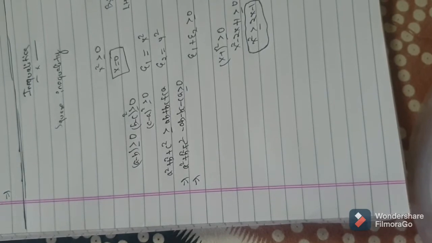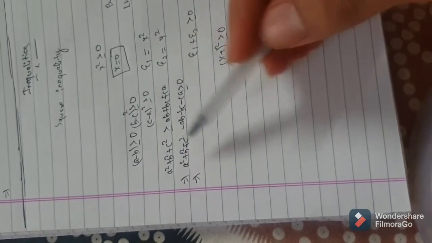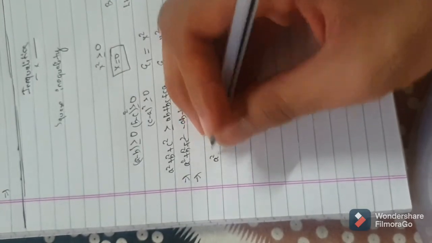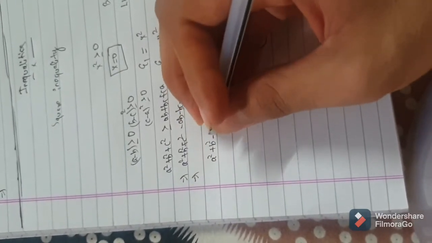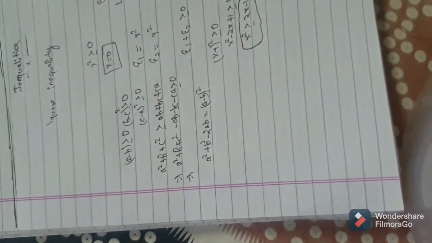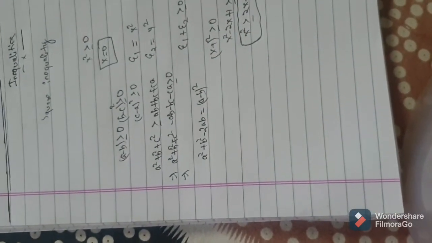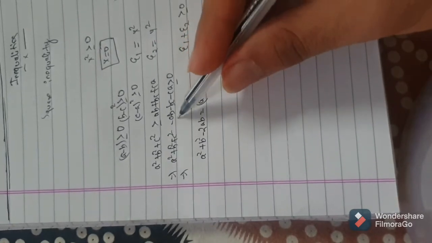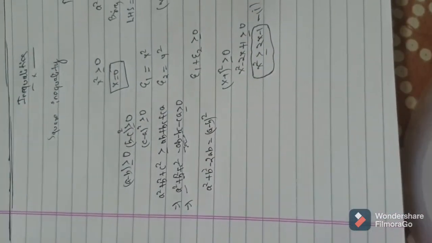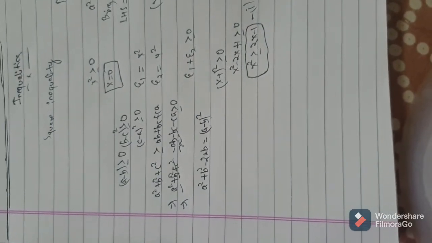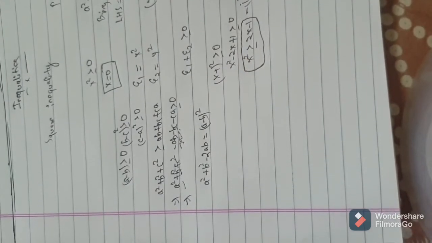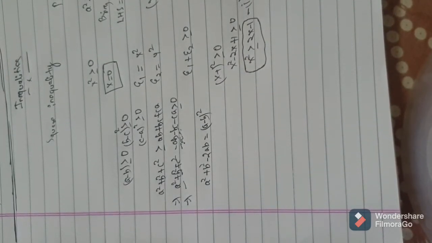We know these things, but the problem is that when we expand a minus b whole square, we get a square plus b square minus 2ab. This is a minus b square, obviously. But here we have ab only, so a square plus b square minus ab. So there is some problem. And similarly for bc with b square plus c square. So what can we do?